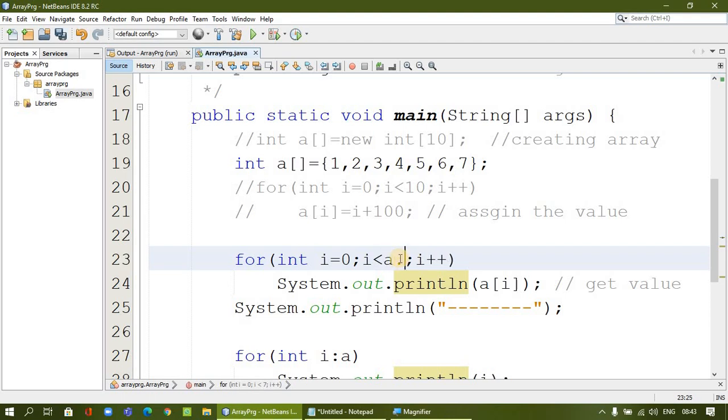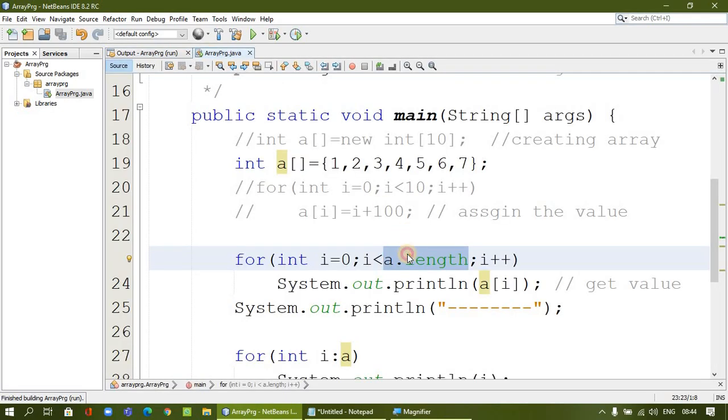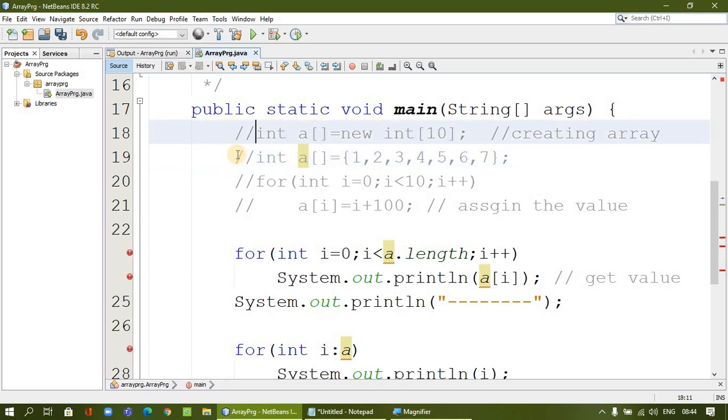Using this array, there is a length method. Using the length method, we can access the values. The length will decide how many elements there are. So without specifying the number of elements, we can access the same thing. If you know the length, you can mention it. Otherwise, we can call the length method, which brings the number of elements to the loop. This length method will work the same as the previous one.